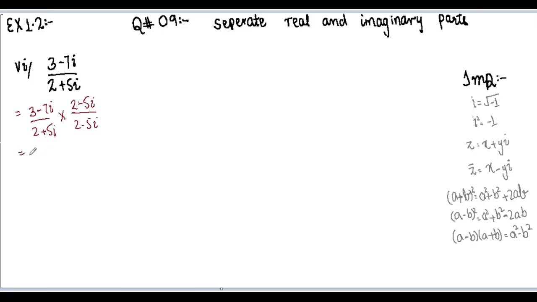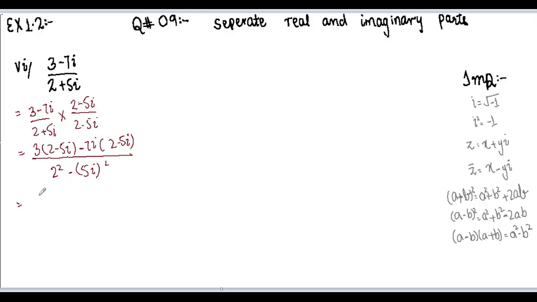Imaginary part here was 5 iota. Now 3 into 2 minus 5 iota minus 7 iota into 2 minus 5 iota. As both these complex numbers are being multiplied, we have to multiply the real part with the whole of the second complex number and then the imaginary part of the first complex number with again this whole of the second complex number. Whole divided by 2 plus 5 iota into 2 minus 5 iota, this is a plus b into a minus b, and the formula here is it is equal to a square minus b square, where a is 2 and b over here is 5 iota. So we are going to write it as 2 square minus 5 iota whole square.